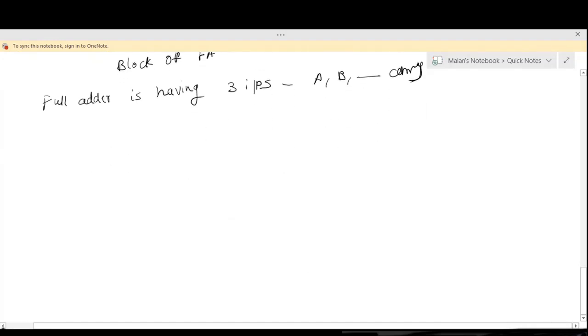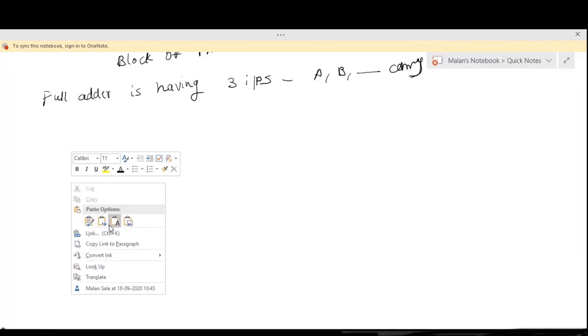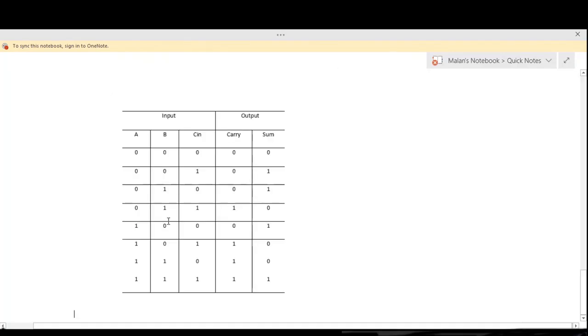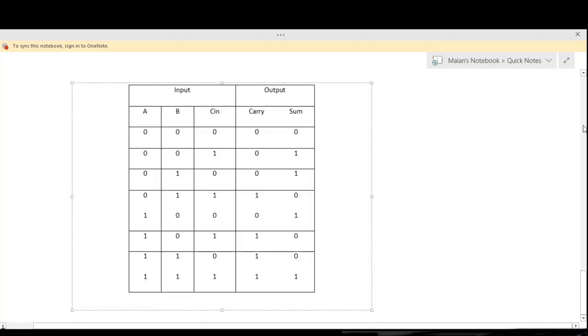Now to design the circuit of a full adder, let's take the three input variables. How many possible input combinations? 2 raised to 3, that is 8. So for the 8 possible input combinations of variable A, variable B, and the carry in,